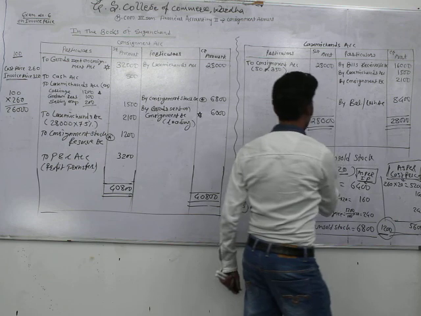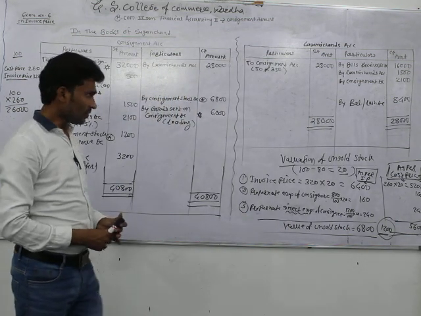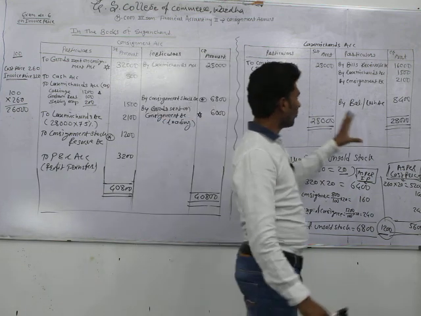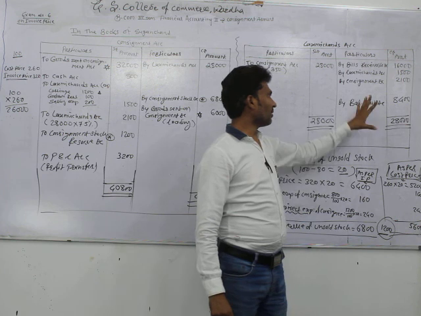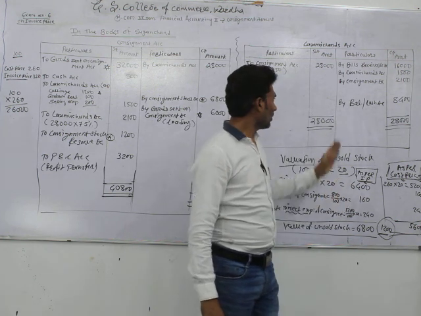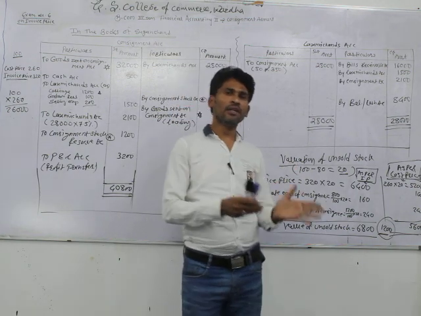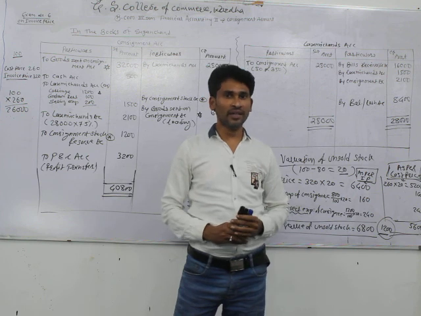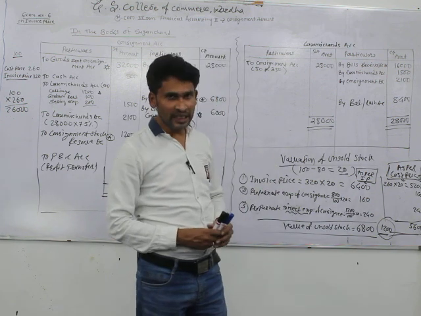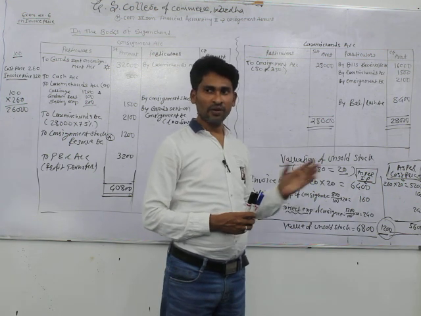Completed the example. If they have given any information about final payment, you write by the name of cash or bank account. If they have not given any information, but many times when the consignee sold the goods, at that time it paid the amount to its consignor. So for that you can pass the journal entry: cash or bank account debit and consignor's account credit for receiving the amount.